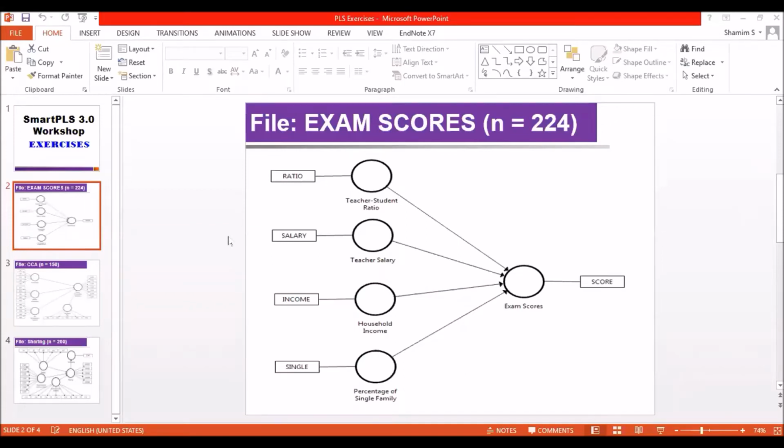Yesterday we have solved this problem. Okay, solve this model. It is a very simple model having only one item with one construct. Okay, but if the model is like this,